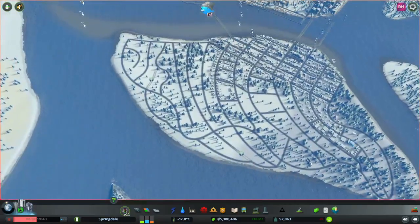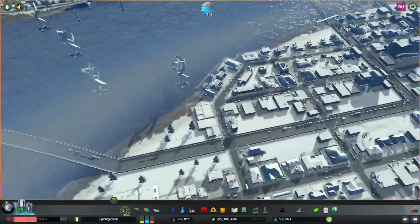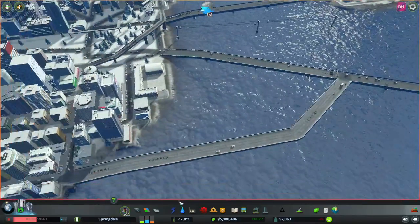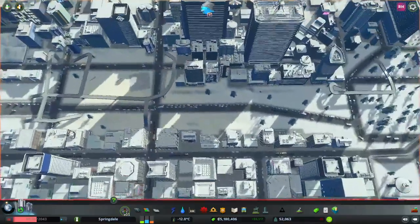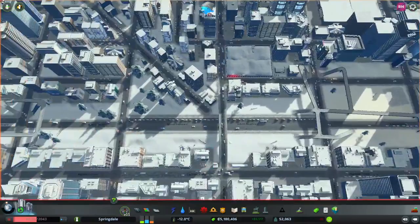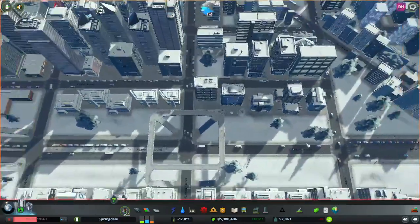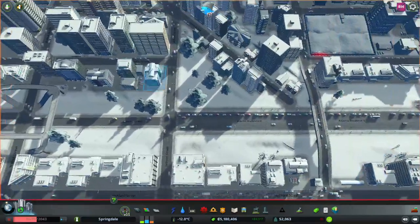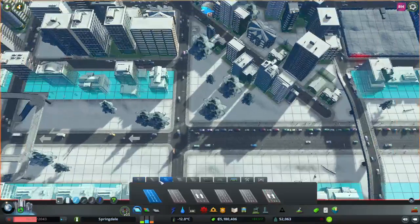Now, last episode, we started with Curved Island, because this is generally going to be Curved Island altogether. As you know, we created... we're still having this somewhat traffic issue here. So, here's what I'm thinking we're going to do. A lot of you guys are going to be like, why am I going to do this? Well, we're going to start by doing...